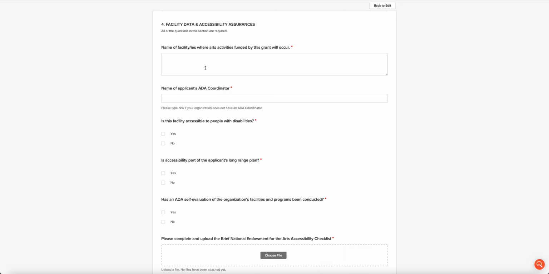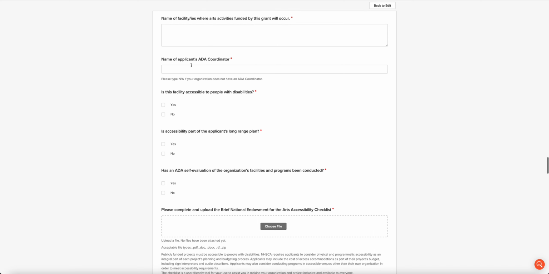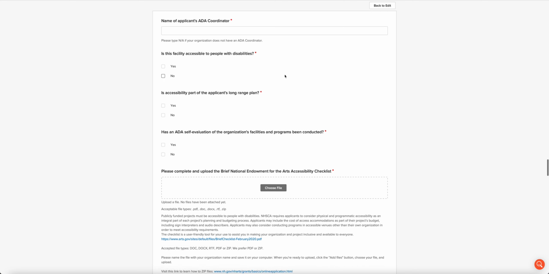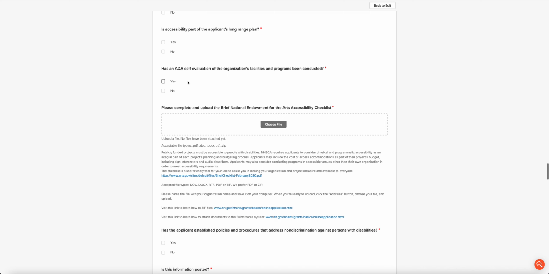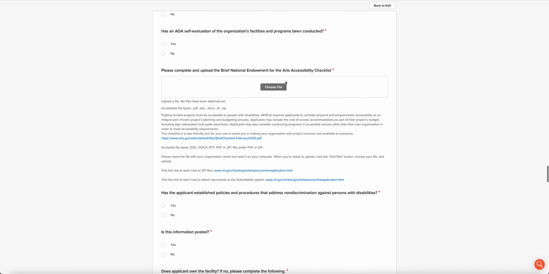And so first we want the name of the facility or facilities where your activities will occur. We want the name of your Americans with Disabilities Act coordinator. We want to know whether the facility is accessible to people with disabilities, if accessibility is part of your long-range plan, whether you've done an ADA self-evaluation, and then you will upload your brief National Endowment for the Arts accessibility